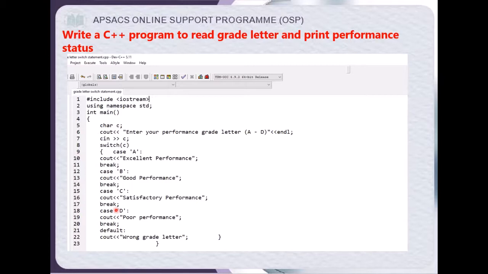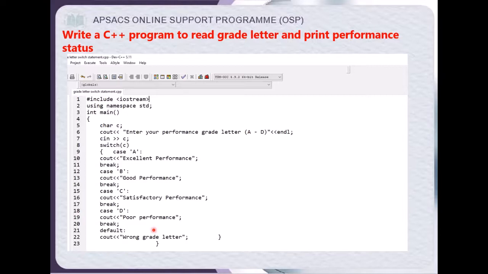At line number 18 you can see another case, that is D. If user types D, then it will print poor performance, and at last default message. It is optional. If we don't write this default statement, our program will execute, but it is good practice to use default statement.